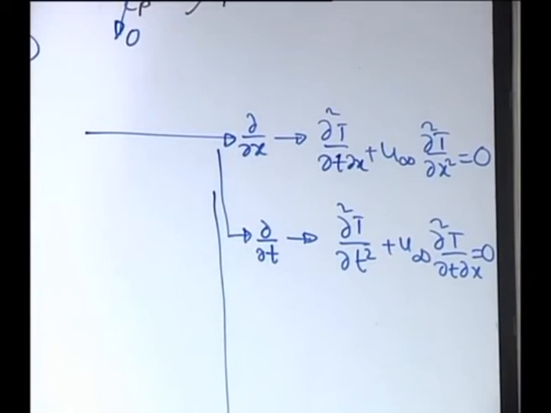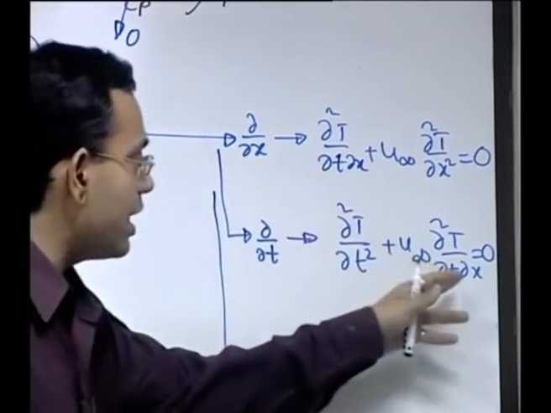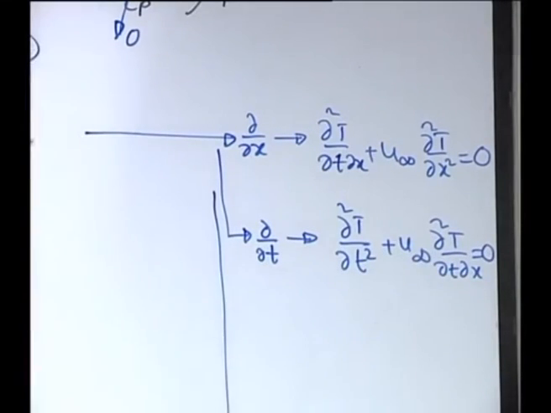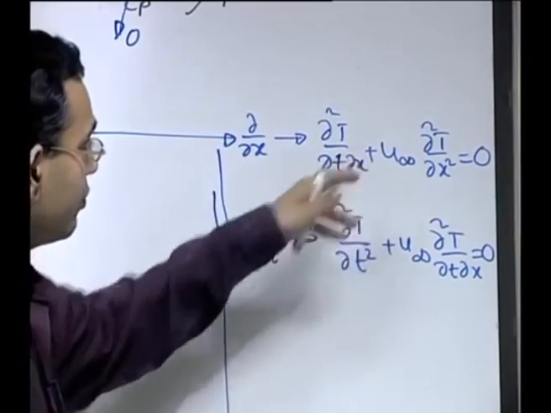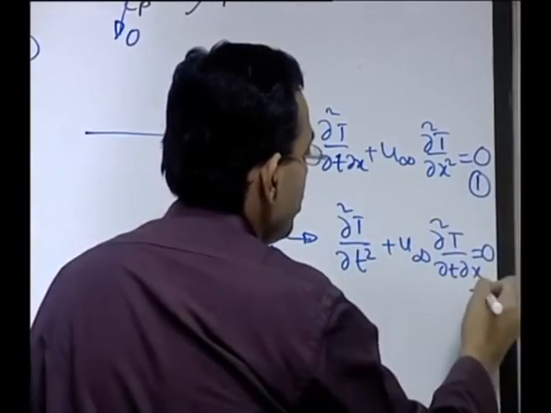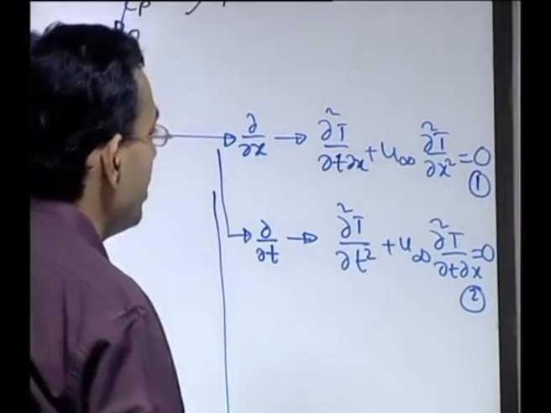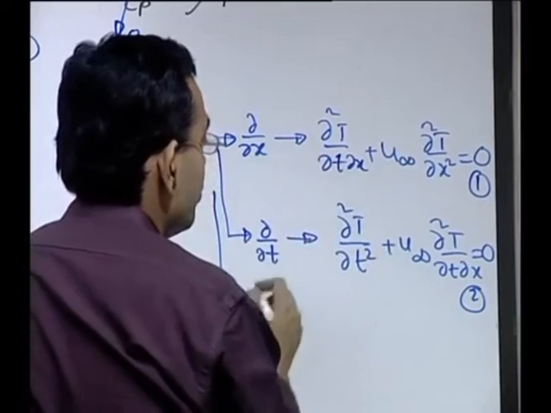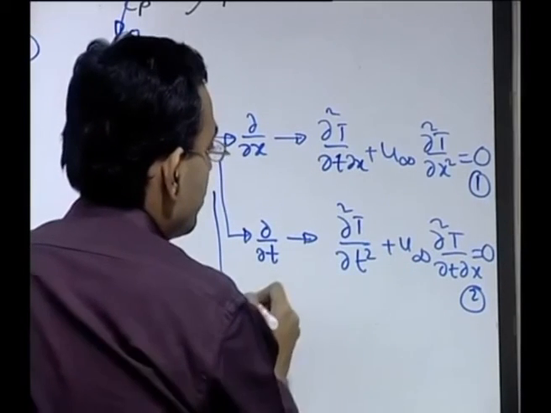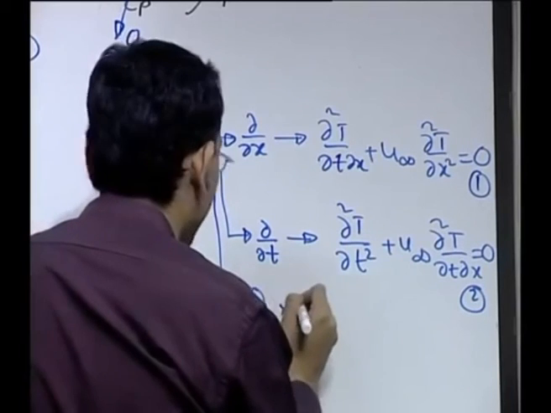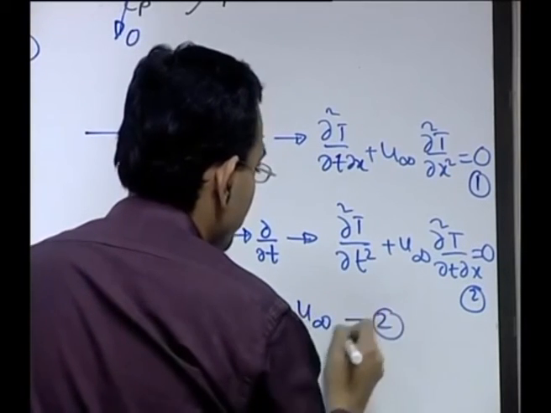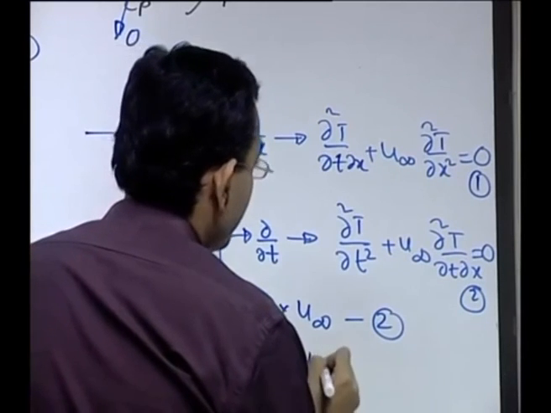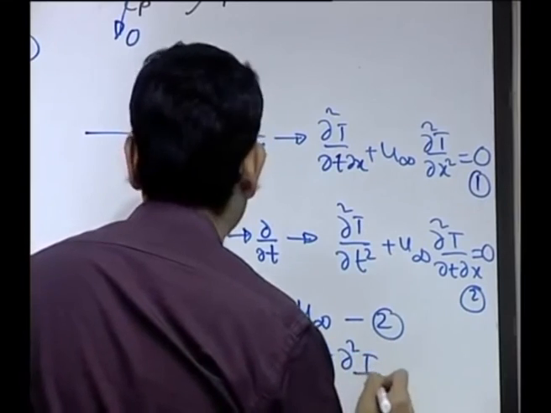Because it is a second order partial derivative, we are assuming it to be continuous, so it does not matter whether you write t first or x first. How can you eliminate the cross derivative? Let us say this is equation 1, this is equation 2. You multiply equation 1 with u infinity and subtract from equation 2. So, equation 1 into u infinity minus equation 2. So, u infinity square